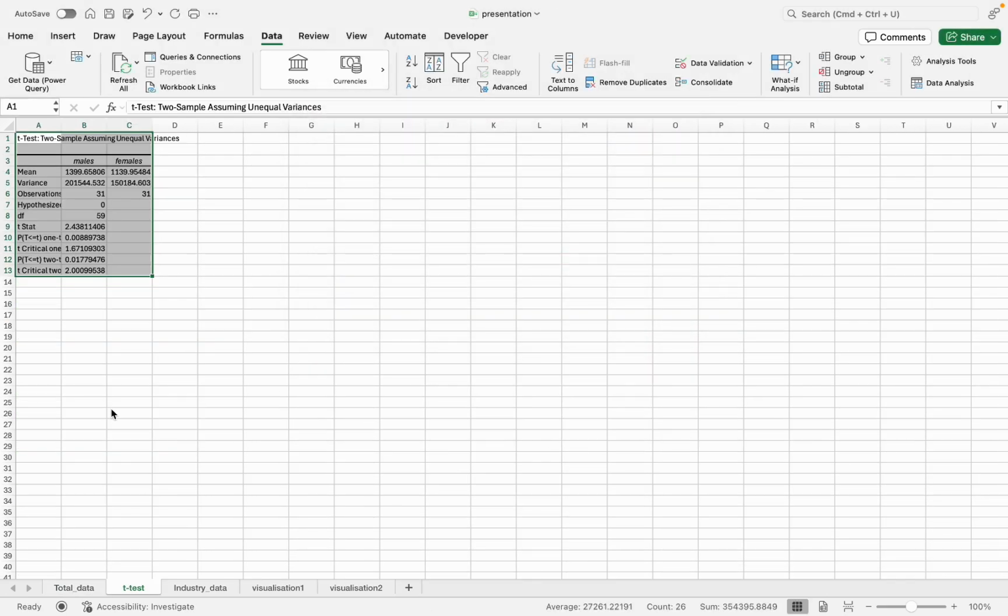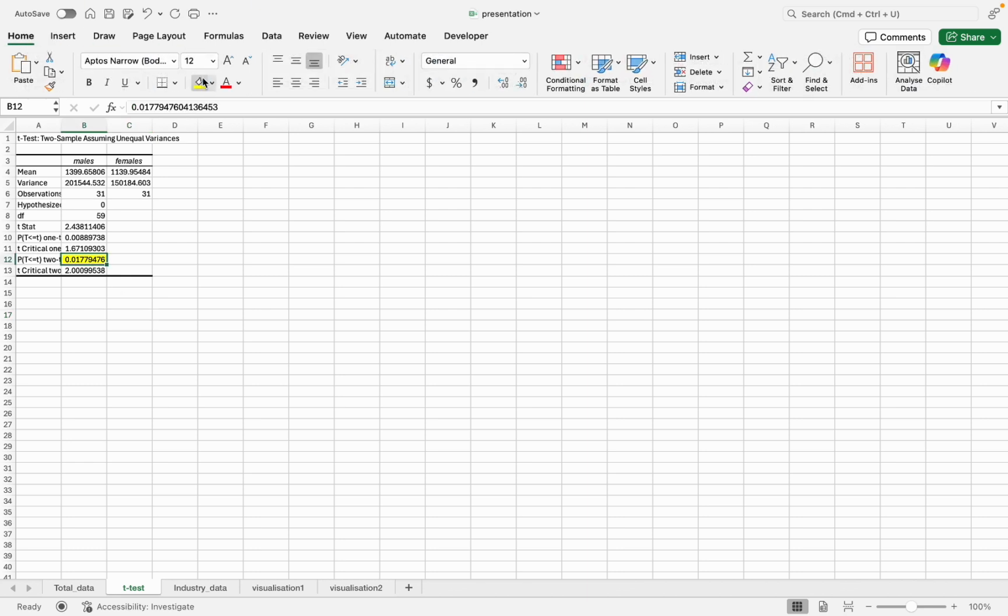Yeah. And let's look at the result. In our test, our p-value was far smaller than 0.05, which is 0.017 something. This is a really strong result. So statistically, we can reject the null hypothesis with confidence. And the conclusion will be like this. There is a statistically significant gender pay gap in Australia. And importantly, this gap has persisted over the entire 30-year period, not just in 1 or 2 years.